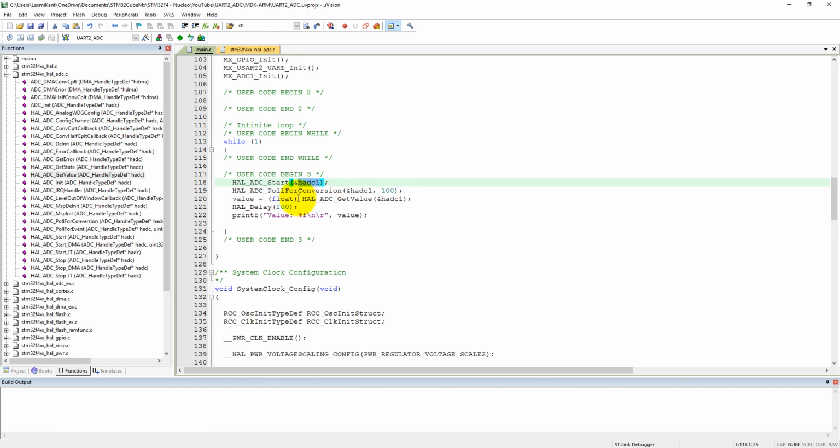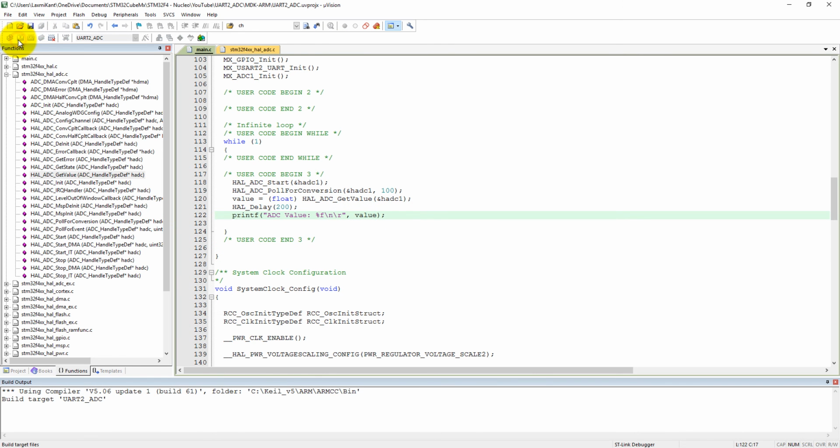It typecasts the integer value into a float, and that value is stored into the value variable. Then there is a 200 millisecond delay, and finally it prints the final value to the console. So we can see the ADC value is equal to the value. Fine, so let's compile this code